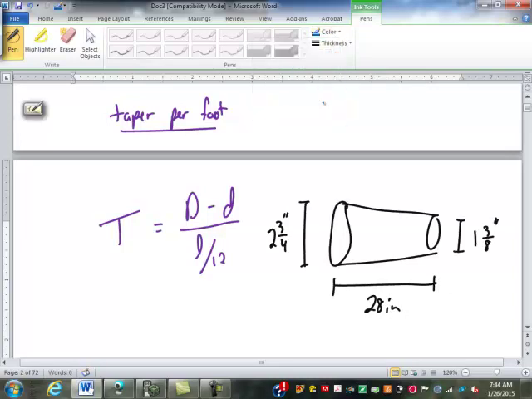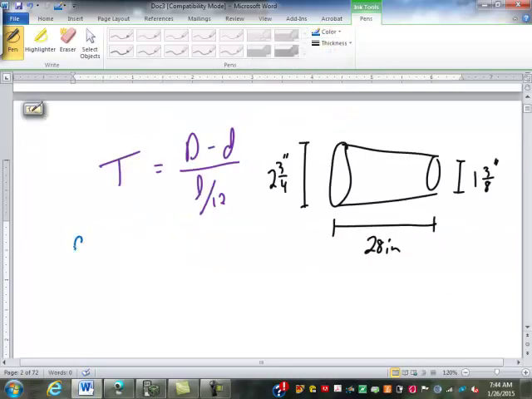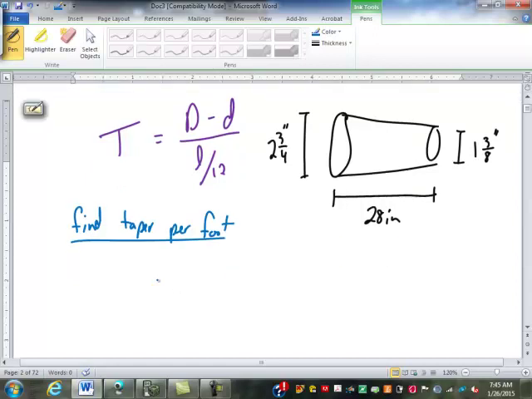Find the taper per foot. Well, our taper per foot, what's going to go on top for big D? 2 3/4 minus 1 3/8 over